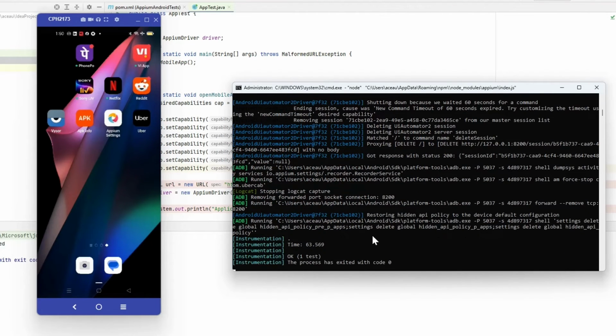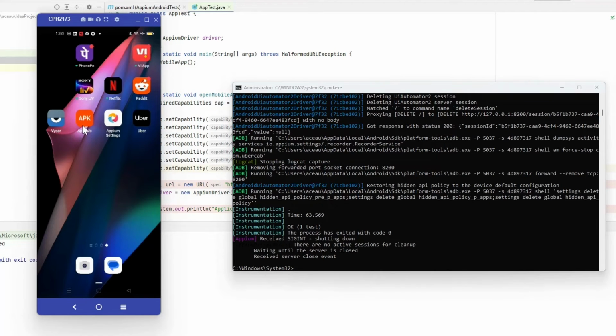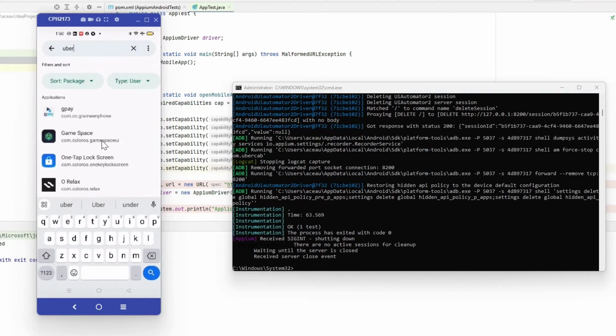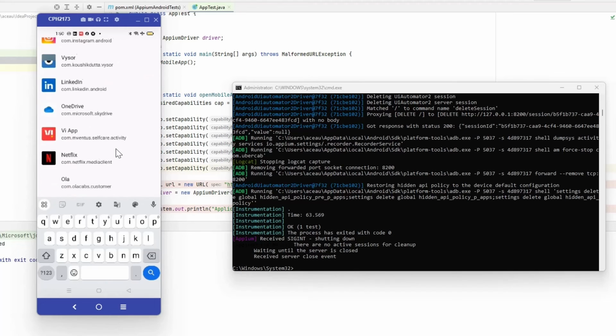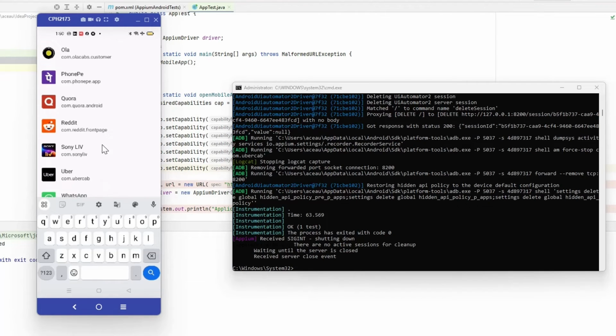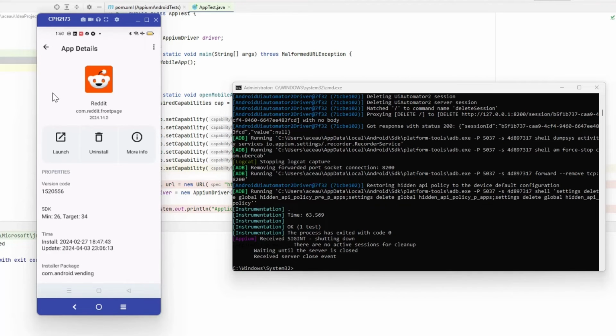So what I will do is I'll first cancel or close this server, disconnect the server. After that, I'll go to app info, and from here I'll scroll down and look for reddit.com as an API app as such. I'll just click on Reddit, and once I come to this app, you can see that the app name is